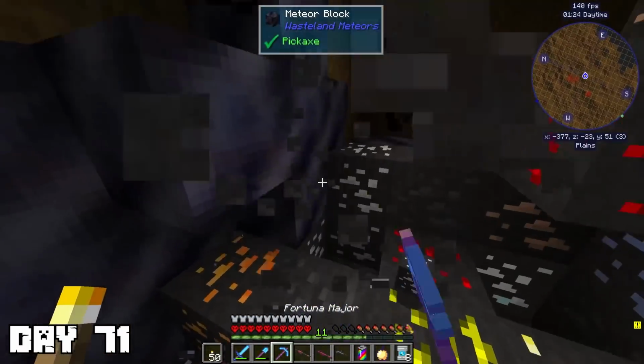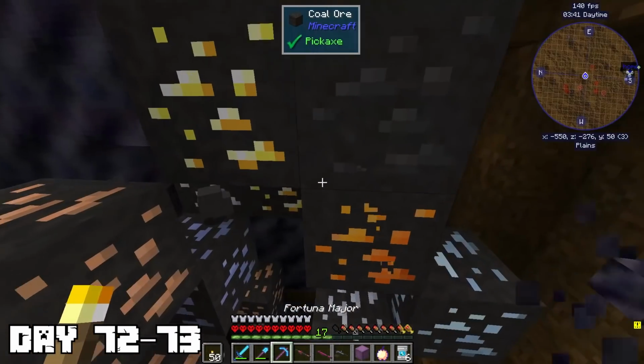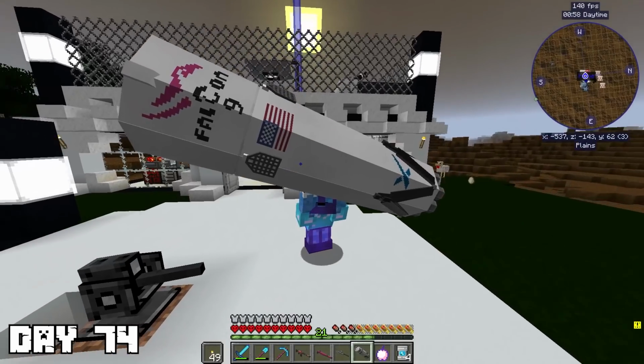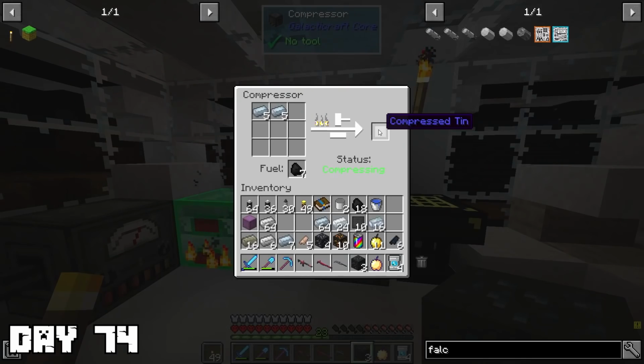Day 71, I did absolutely nothing. I just went mining the whole day. The next 2 days, I did some more mining and worked on the rocket by compressing tons of metal. Day 74, I completed the main frame of the rocket, but the success was soon ruined at the end of